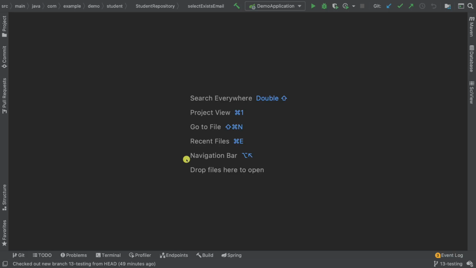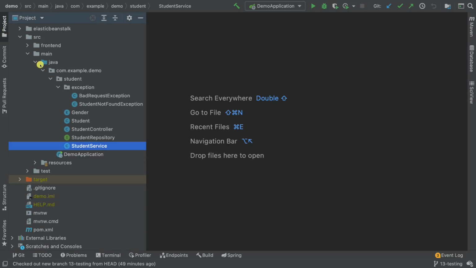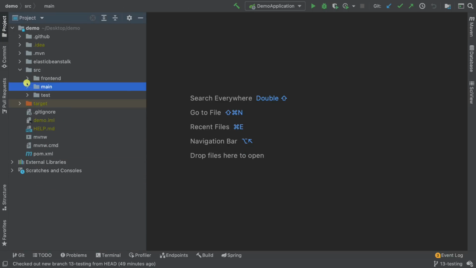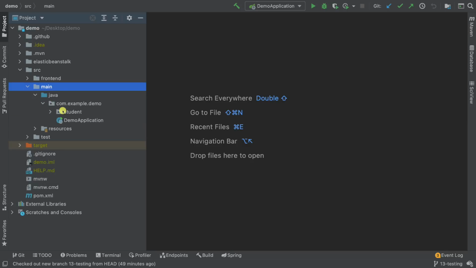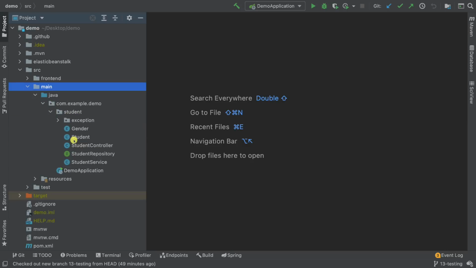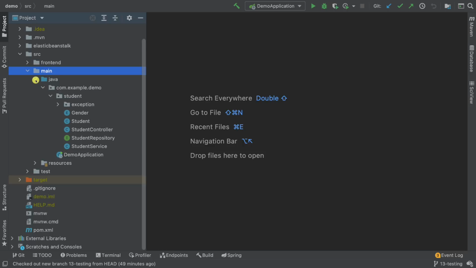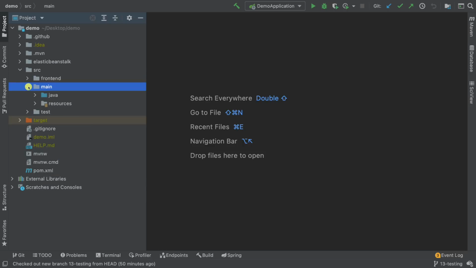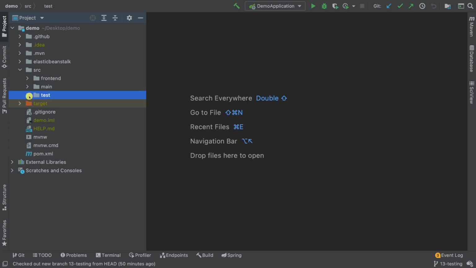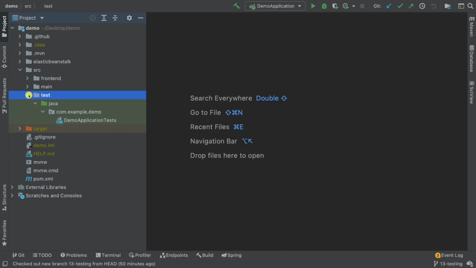In order for you to write tests for your application, in here, if I expand the project tab, you see that the Maven folder structure is: src, and then we have main. So this is where the main code lives, right? So all of this you've seen. And then if I put this back, you can see that we have main, and then we have test. So in here, if I click on test,